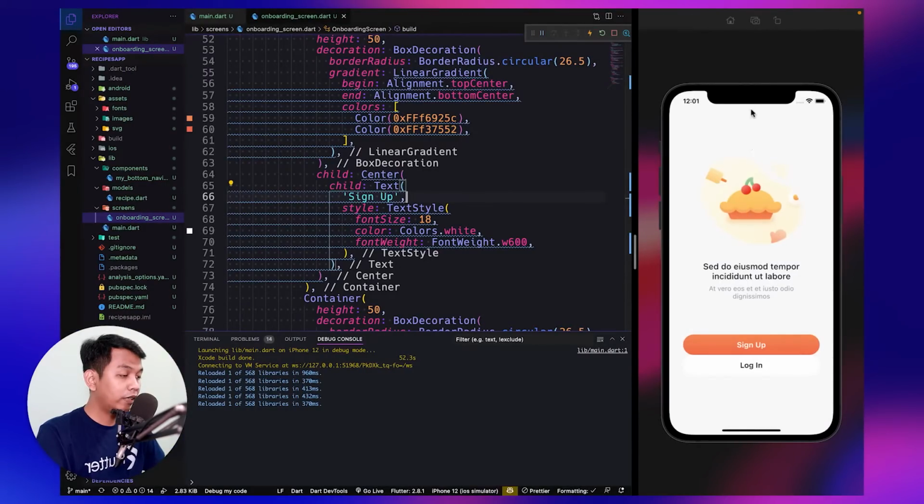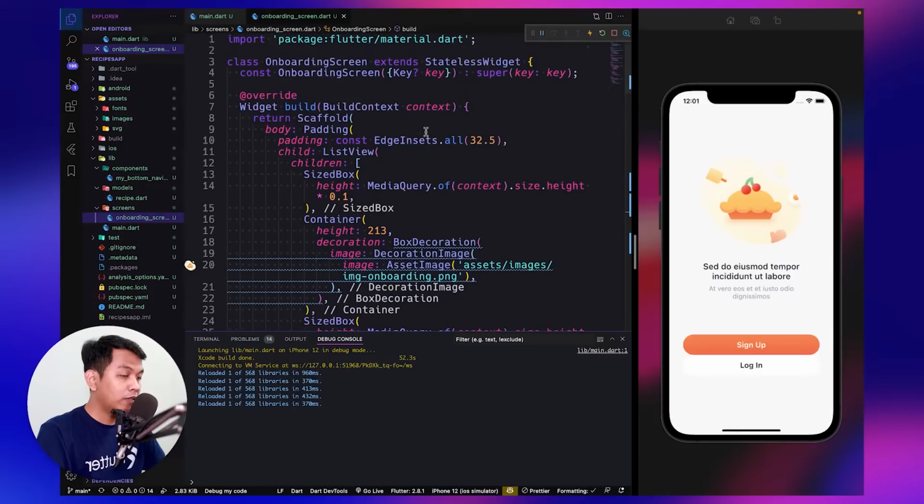So we don't use a static size box. As I said, I use media query. So this is 10%, this kind of like 5%, this 10% again. So look like this.